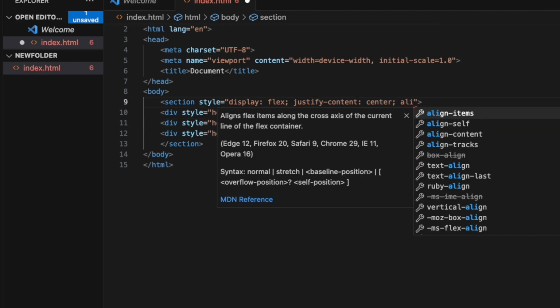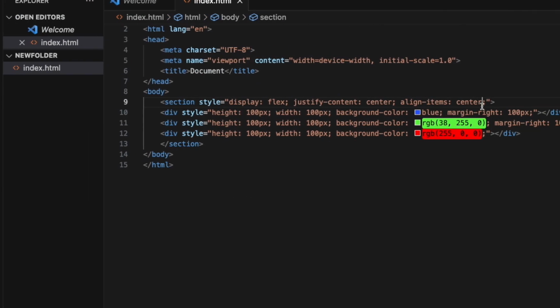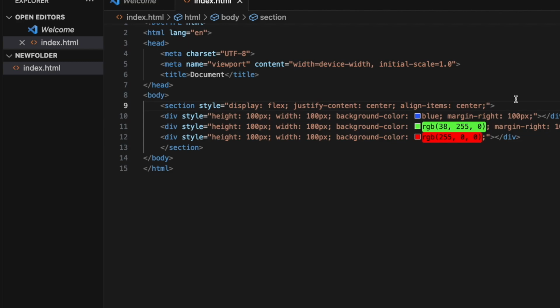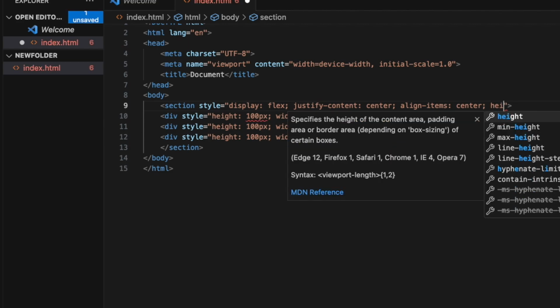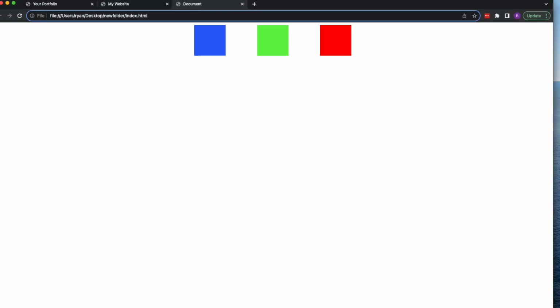And I think this is just align items, the center. And let's see, I think this is how we do that. That is not. And I actually forgot, that is because you have to set the height of the section, how big do you want it. And if I'm remembering right, to do the height of the entire page,